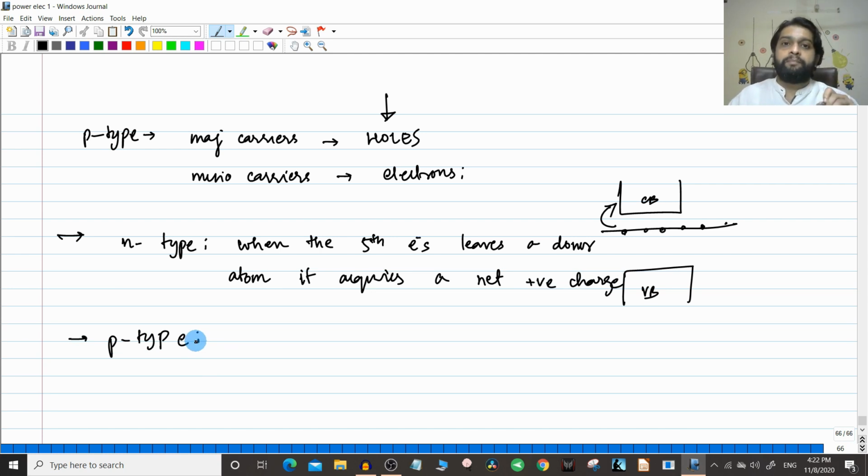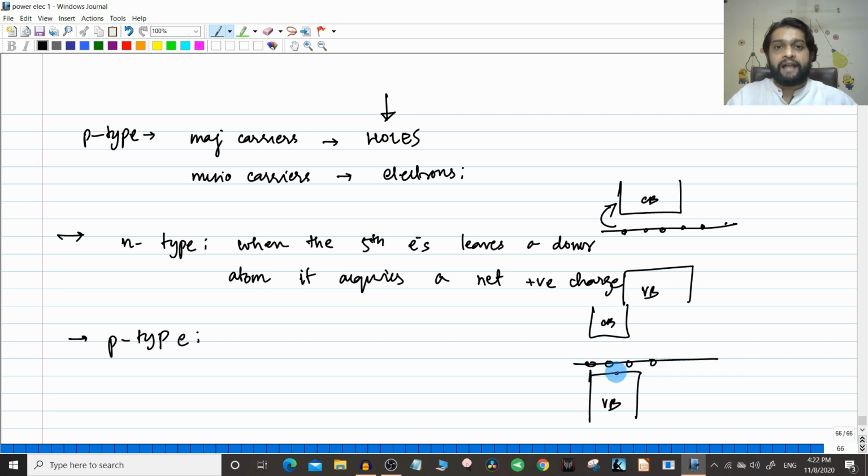in a p-type material, what is the condition naturally? This is the valence band, this is the conduction band, and this is the acceptor level. Whenever an additional electron comes and joins the atomic structure, for example if an electron from the valence band jumps to this acceptor level, an additional electron has come. It is not natural. Now the atom will have a net negative charge,